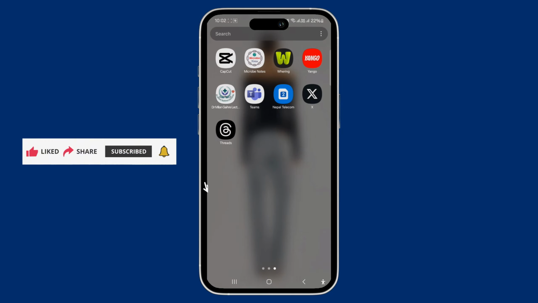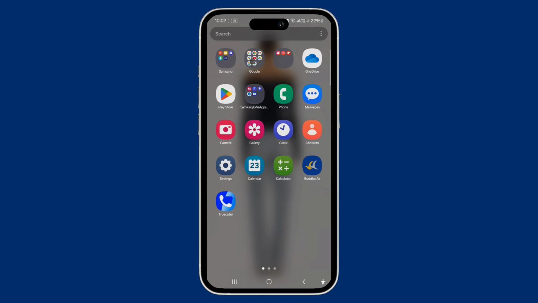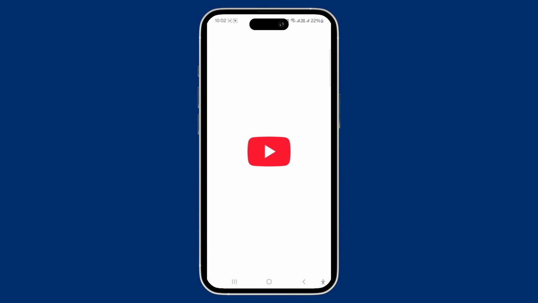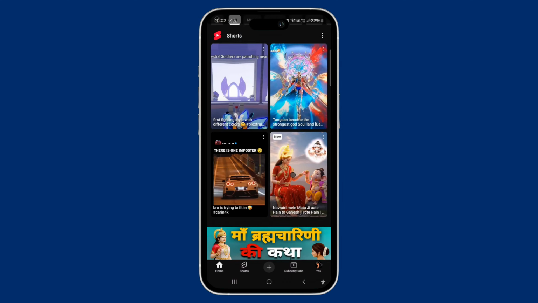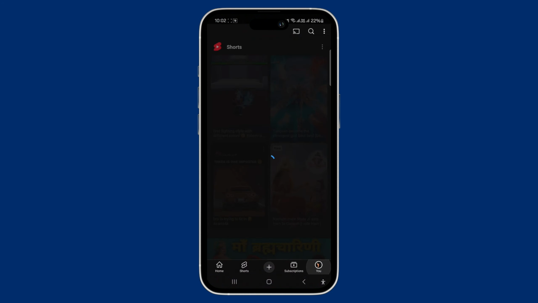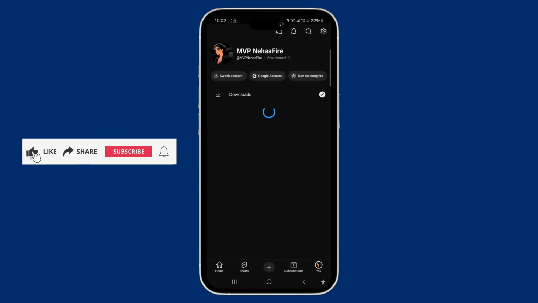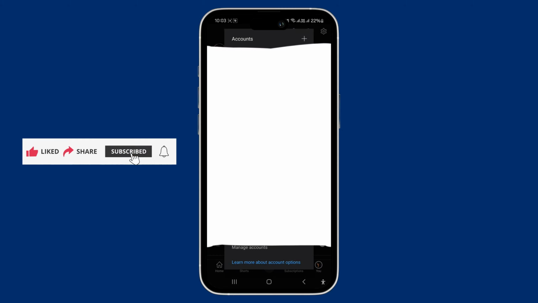So go ahead, open the YouTube application on your mobile device. Make sure that you're logged in with your specific account. Then, tap on the profile picture to go to your profile section. From this page, tap on switch account. To add a new channel, you can tap on add account and log in with the Google account for that